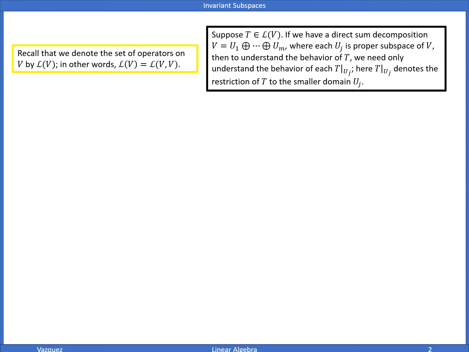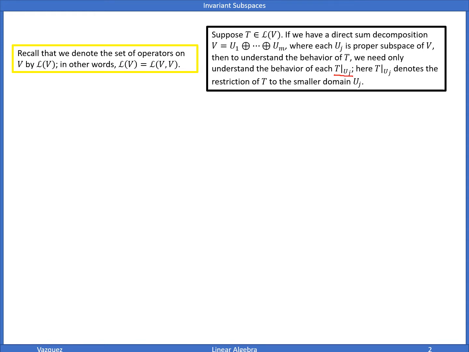If we have a direct sum decomposition such that V is a direct sum of U1 to UM, where each Uj is a proper subspace of V, then to understand the behavior of T, we only need to understand really the behavior of each Uj. That's called an invariant subspace. Or sorry, I should say, this is what we call